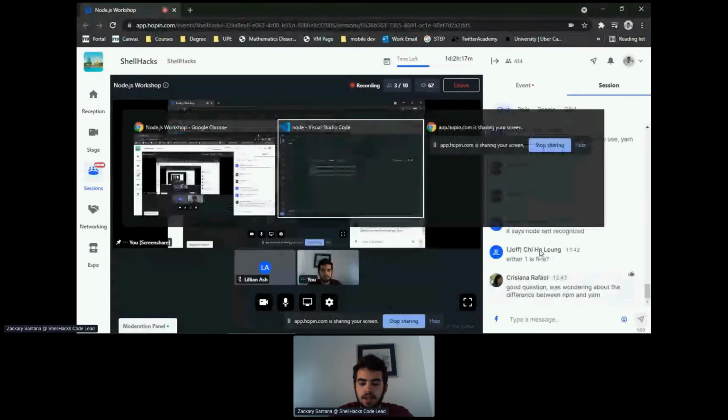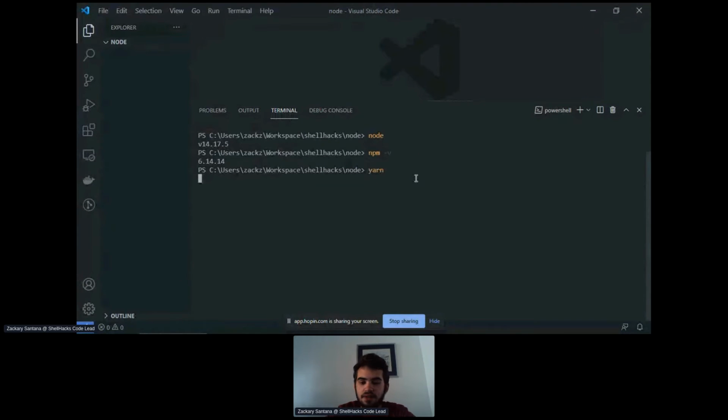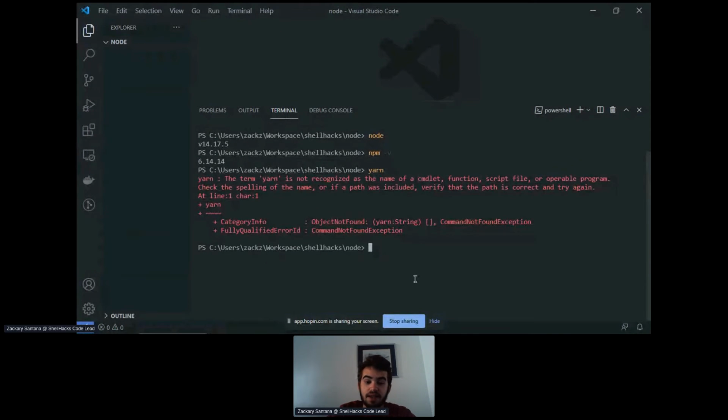Yeah. So Yarn, I don't have Yarn installed, but if I did, it's exactly the same as npm. The commands do the same functionality. You can run the same things that npm does. You could do yarn start, you could do yarn run build. If you're familiar with those, there's no difference in that regard, but how it handles what it does is slightly different than npm. You can search up statistics between yarn and npm, which one's faster, which one does this more. Yarn pretty much beats npm out of all of them,